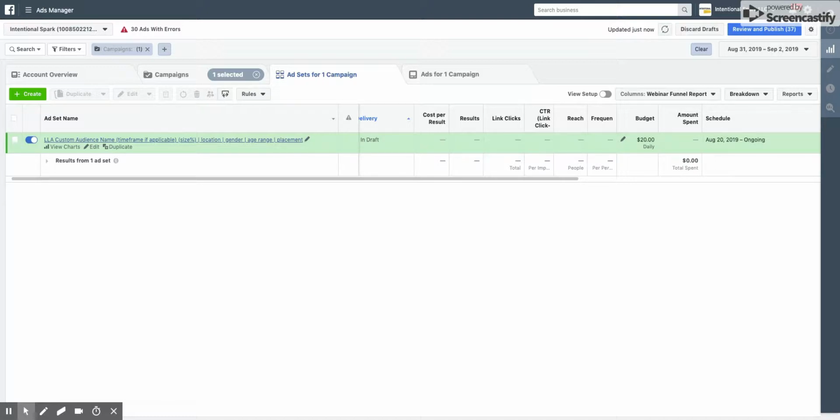So this could be just stories, so Facebook and Instagram stories, just IG stories. Could be news feeds, meaning Facebook and Instagram news feeds, or just one or the other. Super helpful later to come back and quickly see without having to look at all your further breakdowns to tell what you were doing. And then when you get to the ad level,